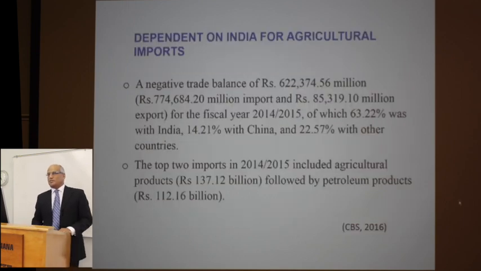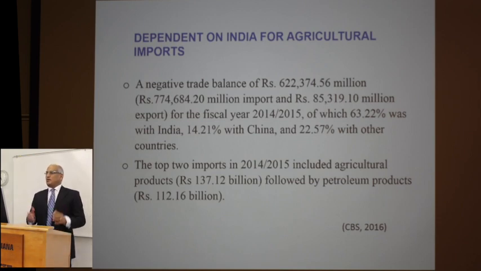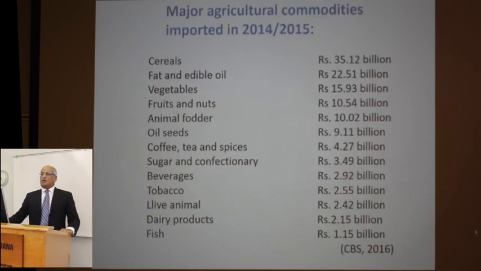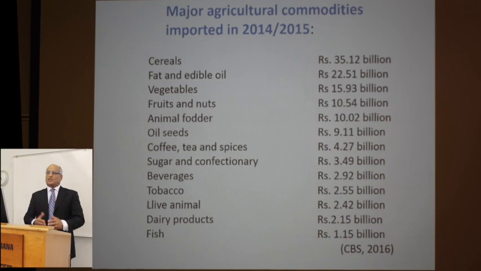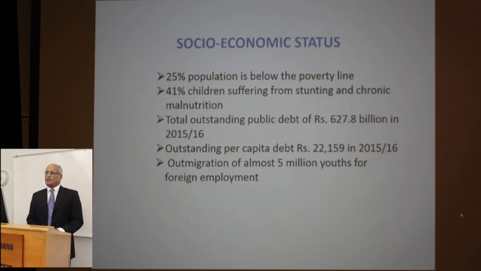Nepal's agricultural trade deficit has been very heavily skewed with India, as out of almost $6 billion trade deficit annually, $4 billion trade deficit occurs with just one country, India, and major imports coming from India include agricultural commodities and petroleum products. And Nepal's deficit in food production, relying so much on imports, has resulted in serious socioeconomic impact, as still